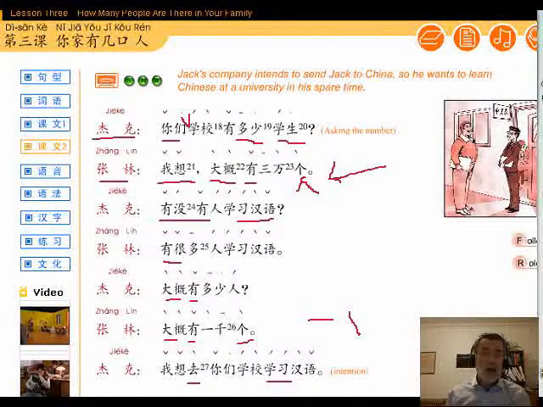Here, the 想, this is a bit different from, now we had up here, let me see if I can get some different colors on this. So up here we had 我想, and if you notice, that one was followed by a comma. I'm hoping this is going to be clear for you guys because it's tiny on my screen. 我想, comma, 大概有3万个. Here 想 means I think, so I'm expressing an opinion.